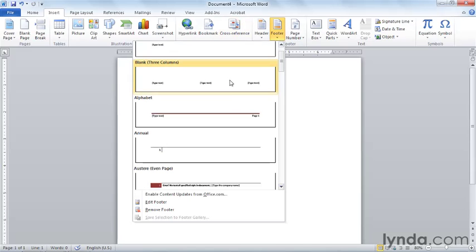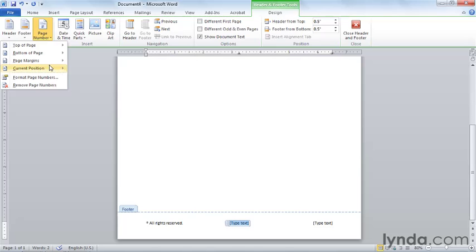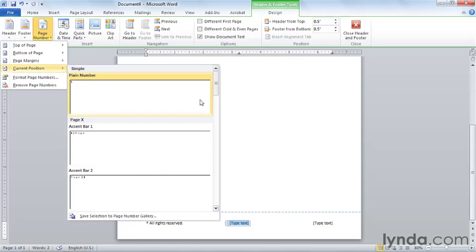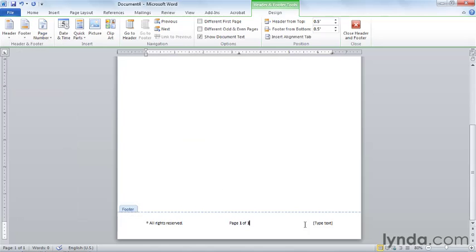For example, I'm going to choose this blank 3-columns footer, and it has 3 placeholders for text, totally generic. In the first placeholder, I'm going to put the symbol for all rights reserved. In the middle, I'm going to insert a page number. So I'm going to choose page numbers, current position, and I want to choose one of those X of Y bold page numbers. So we'll put that right here. And finally, my last piece of text, I'm going to type 2 trees